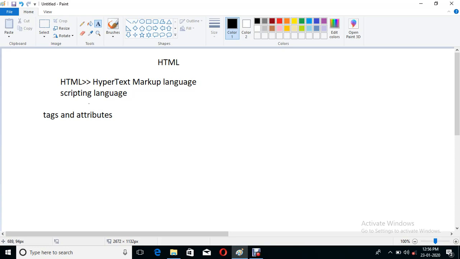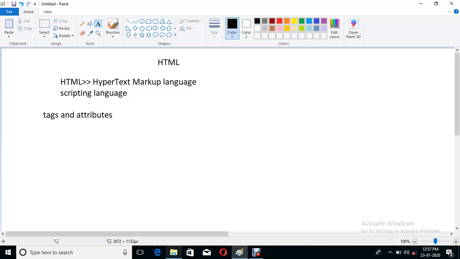But first of all, let me clear one thing: for what purposes are we using HTML? We know that we are surrounded by millions of web pages. All the web pages are rendered to the browsers. I mean, they are displayed in the browsers, and the browser understands, or I should say recognizes, one language. That language is HTML. HTML is basically made for these browsers to understand the text, the images, and their styles,